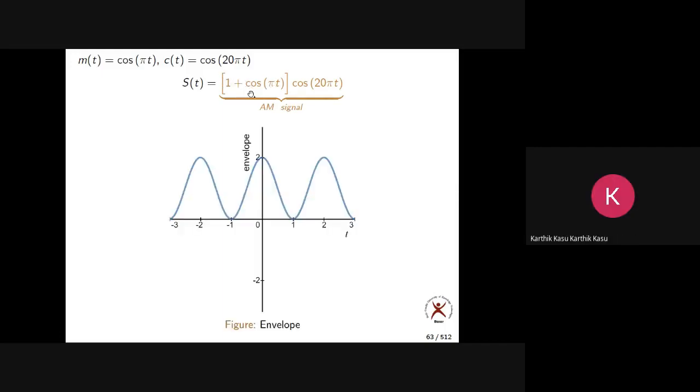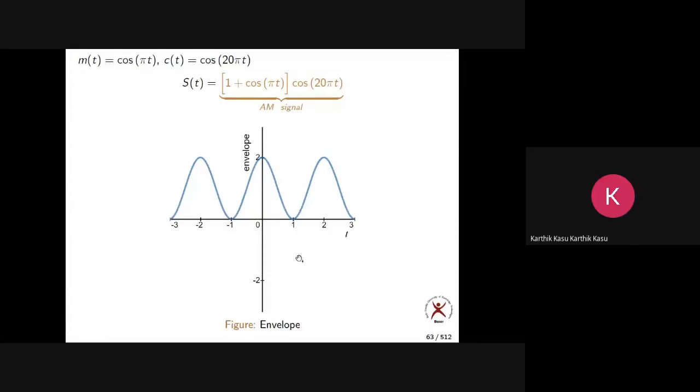Now this is the envelope. The envelope has a maximum of 2 and a minimum of 0. But it is not negative. Clear? It is just touching the 0 axis, but it is not crossing the 0 axis. It means it is not negative. It is still positive only. So it is at the verge, I can say at the edge of the axis.